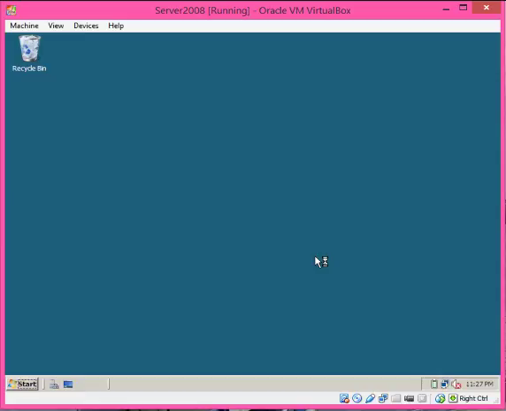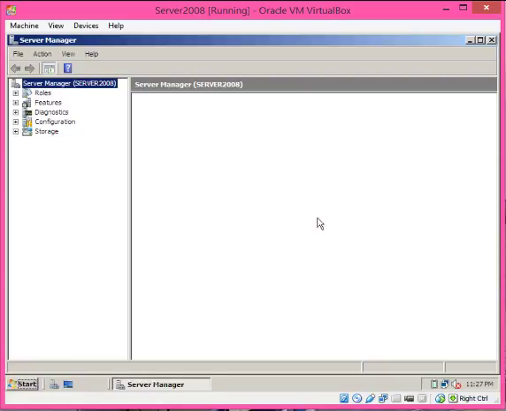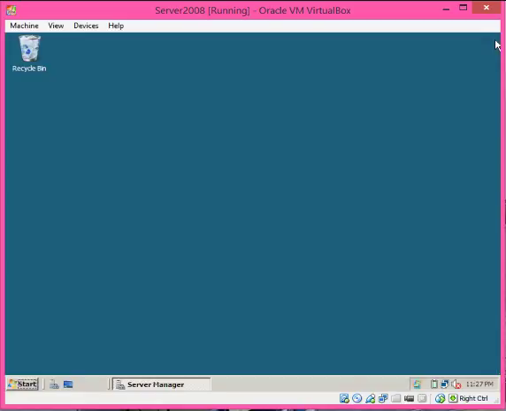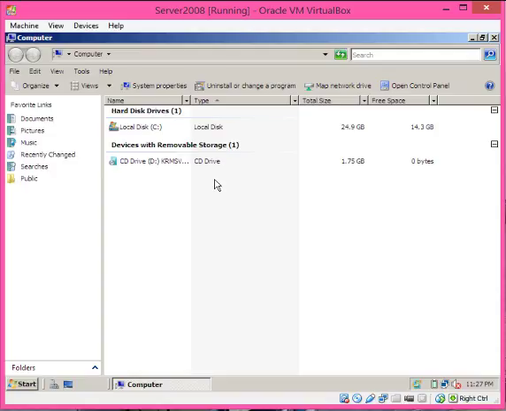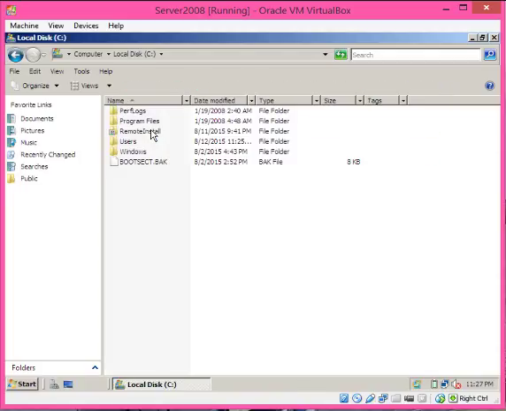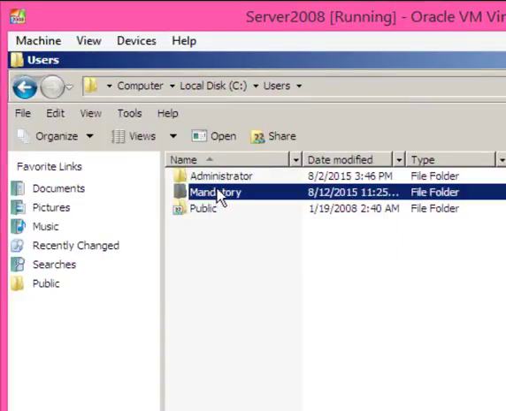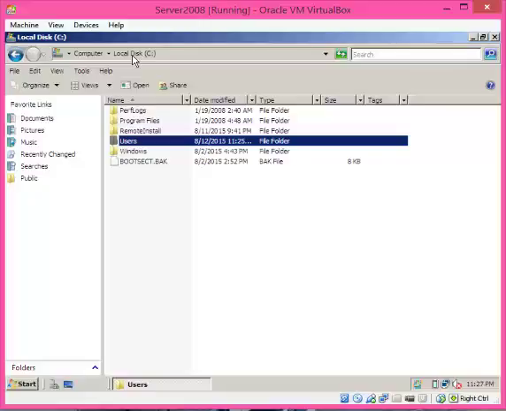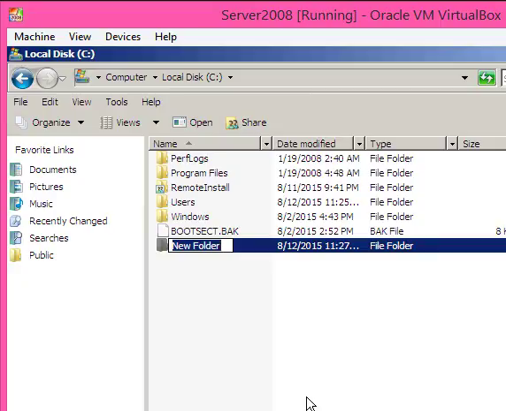And I'm just going to check to see whether or not the mandatory file was created. So I'm going into my C drive. I'm going into users, and you can see that the mandatory profile was created here. Back into my C, and I'm going to create a new folder, and I'm going to name this profiles,